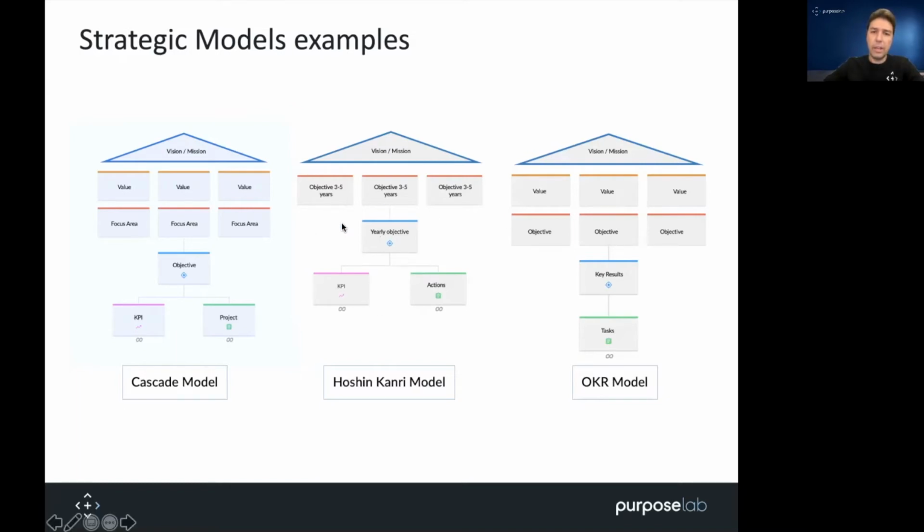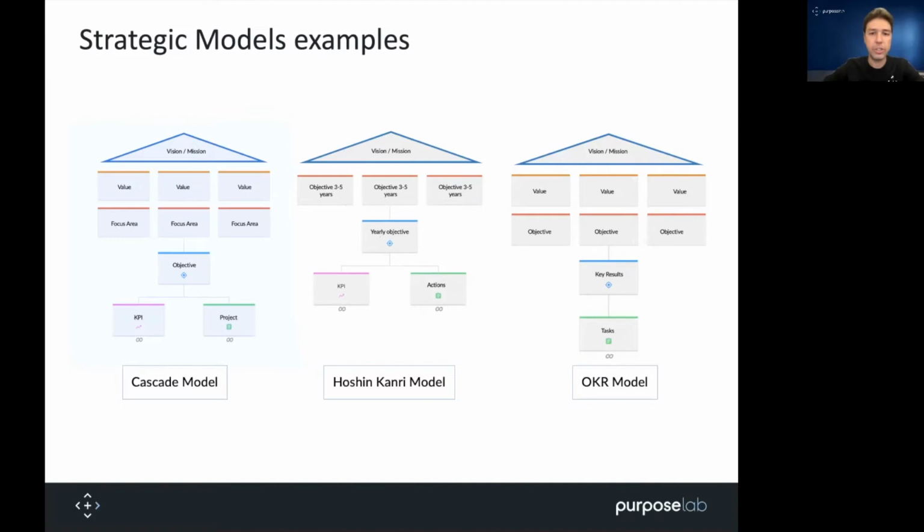Then here in the middle, you have the Hoshin Kanri model, Hoshin Kanri being a Japanese term that kind of translates to the management compass of your organization. You also have your vision and your mission. You can add a level of values if you want. They're not typically there, but they don't hurt if you have them. And you also have, let's say, mid to long-term objectives. Not to say that in the OKR model, you don't have a long-term purpose, by the way. You still have one, but you're more focused on what needs to happen as stepping stones and how do you keep working on them if you're using that model.